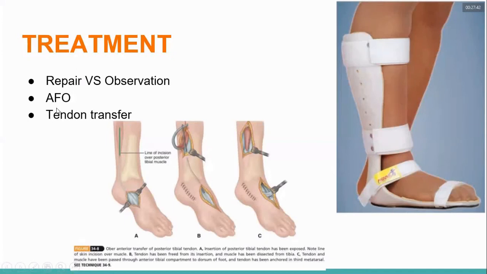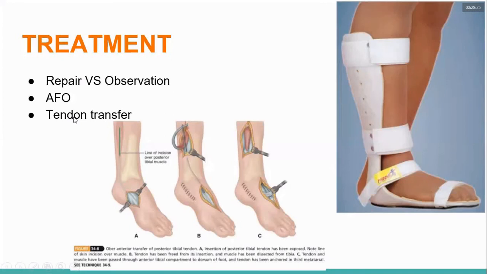And if after 1 year there is still no return of nerve function, in those cases you have to do a tendon transfer. Most sciatic nerve injuries are incomplete injuries, so only your common peroneal part is gone. You have your tibialis posterior intact, which is supplied by the tibial nerve. So what you can do is an Ober's transfer. The posterior tibial tendon comes from the posterior aspect, and you transfer it to the anterior aspect. Now it becomes a dorsiflexor of the ankle. After tendon transfer of the tibialis posterior, the patient can now dorsiflex their ankle, which is very important so that they don't have that foot drop or stamping gait.